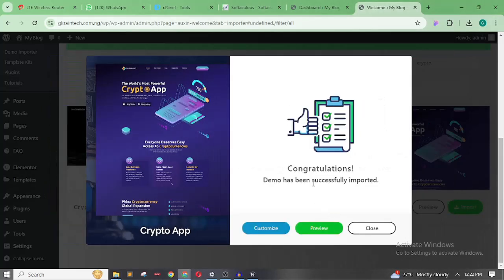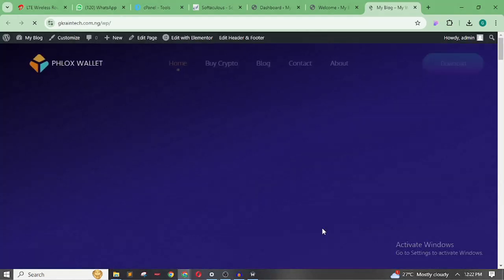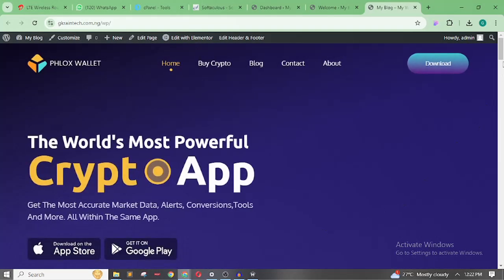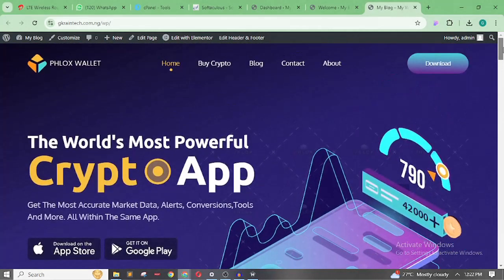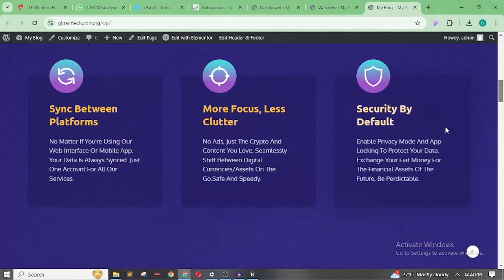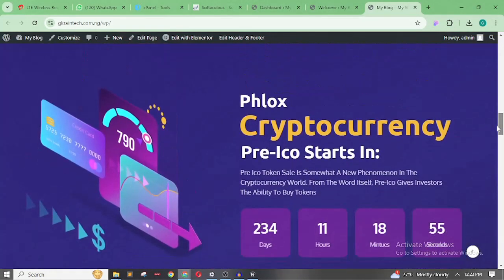So now it says congratulations, demo has been successfully imported. So now you can choose to preview it. So let me preview my website. And as you can see, our website front end is ready. All of the pages has been installed. So let me check it out. As you can see,